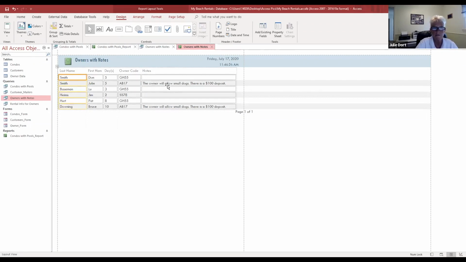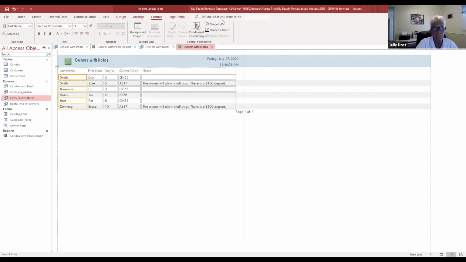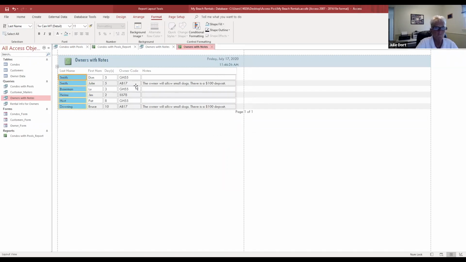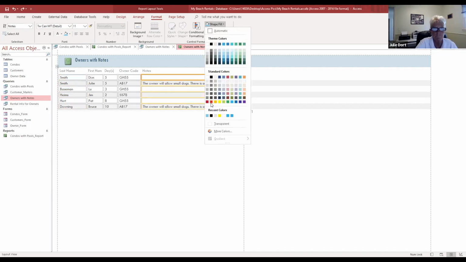If you want to go in and format it, we can come over here to the format ribbon. Same. I can do a fill if I want to. So you want to put in maybe just a real light blue. Or if you want to emphasize something, go ahead and take that out. If you want to emphasize the notes, maybe you just want to fill in the notes